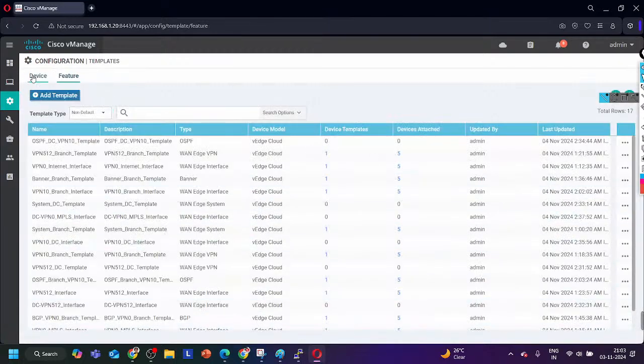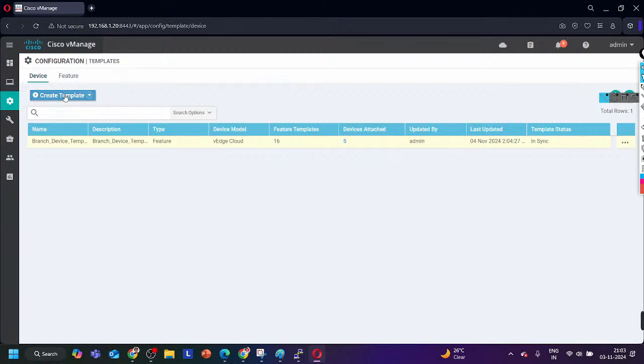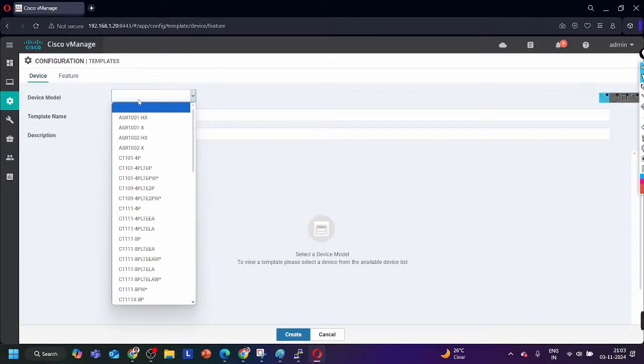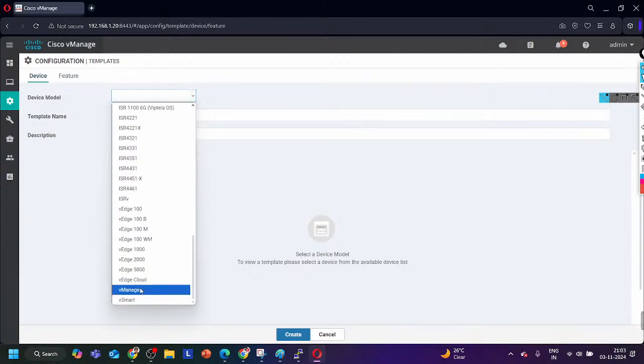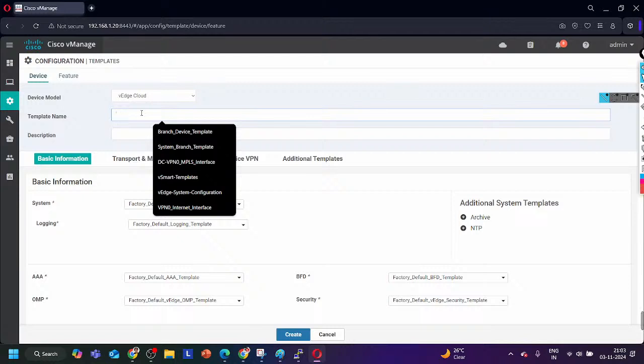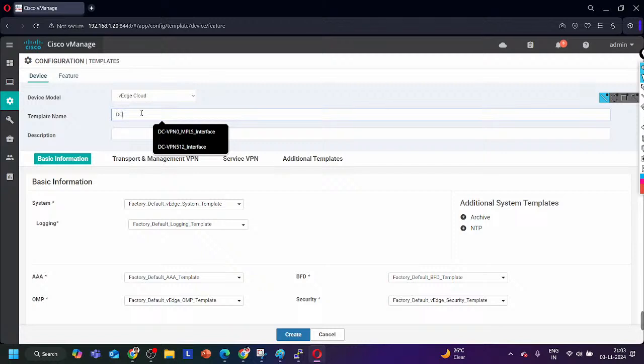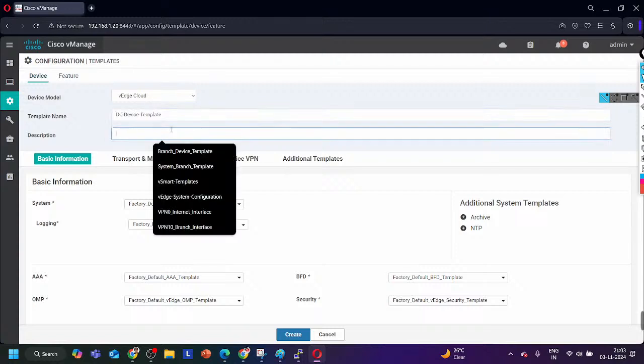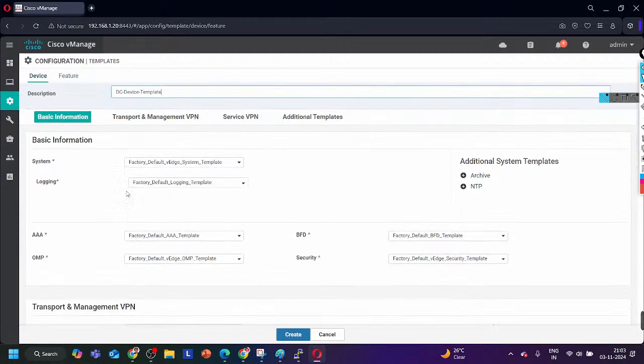Now I'm going to create one device template for DCVH, right? So from the feature template, select the device, vSmart Cloud, and for the name I can say DC device template. Copy and paste it over here. Select the